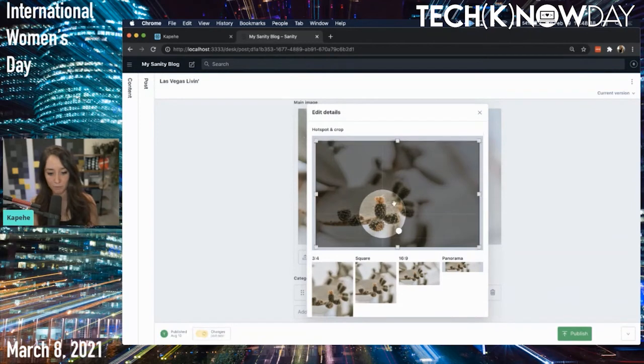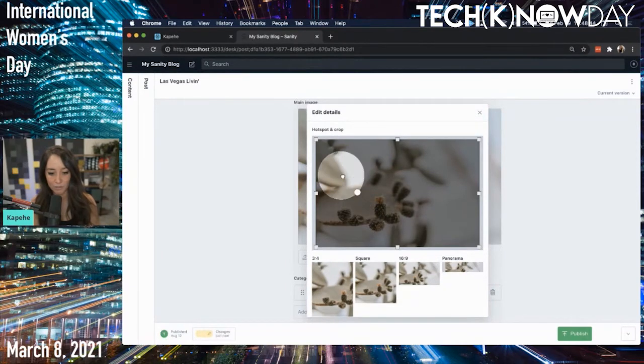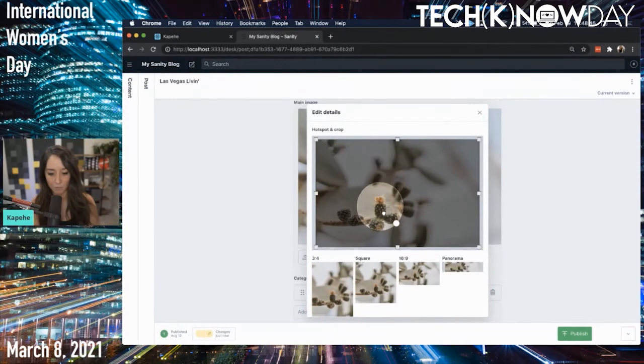So I'm going to keep the full image, but this hotspot is always going to be in view. No matter what, wherever this is, if it's on your page, if it's being queried for and used on your website, this will always be shown. So if I really want to make it very exact, and I want that little flower bud to always be in view, I look down here, and sure enough, it's always there.